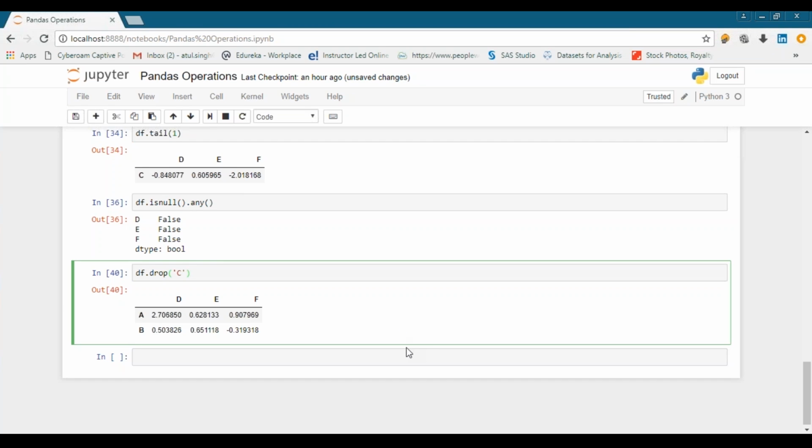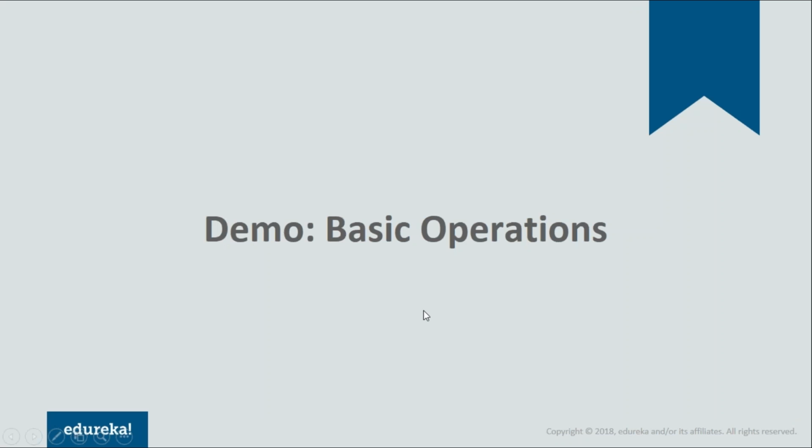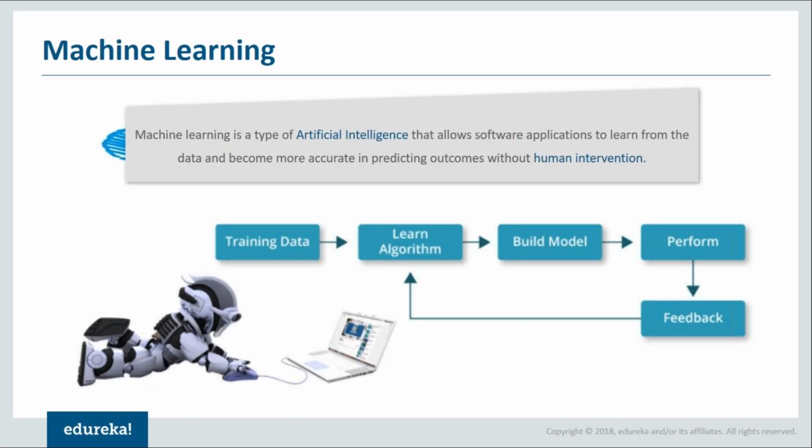Next, let me go back to my presentation and let's see what is my next topic. We have discussed various operations on NumPy as well as pandas, and hence you'll be able to manipulate the data according to your needs. But again guys, I've just showed you the basic operations. You can go ahead and you can perform many more with it. Now let us move on to the next topic,